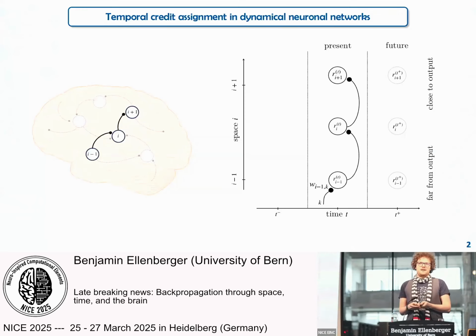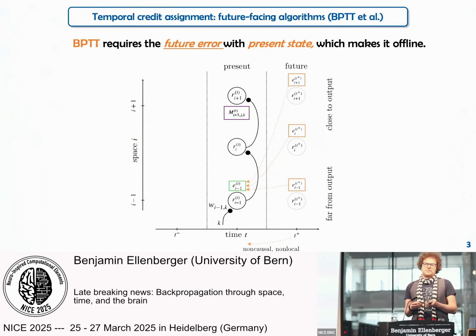Backpropagation through time is one of the workhorses of deep learning, but for now, it is completely biologically implausible, and it is very hard to implement in silico or in biological matter. If you think of only a simple problem, just like the 3 neurons here laid out in space, that's already a problem for any kind of backpropagation because